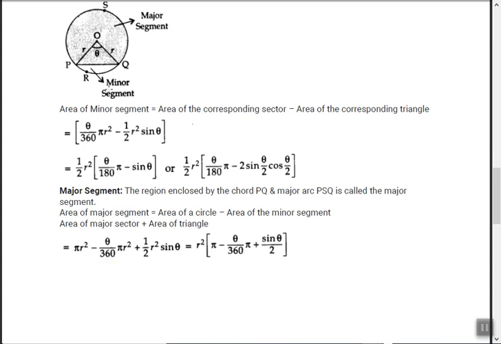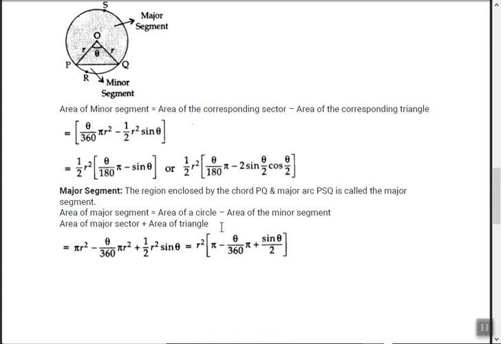So area of circle minus area of this sector plus, now you have subtracted everything, both this triangle as well as this segment, but we want the area of the major segment, so in that this triangle is also included. Okay, so you'll have to add back the area of the triangle. So what is that area of triangle? 1 upon 2 into r square sin theta, just now we have found out.